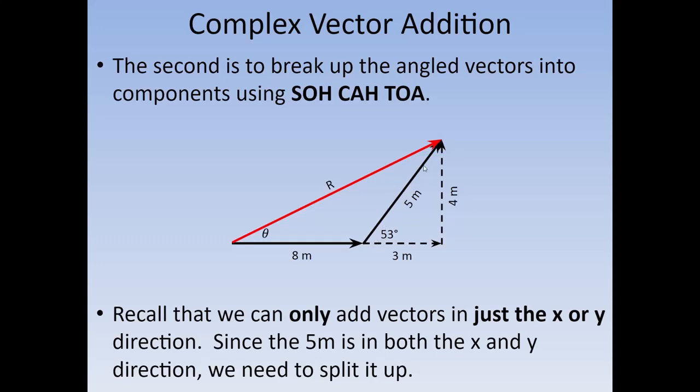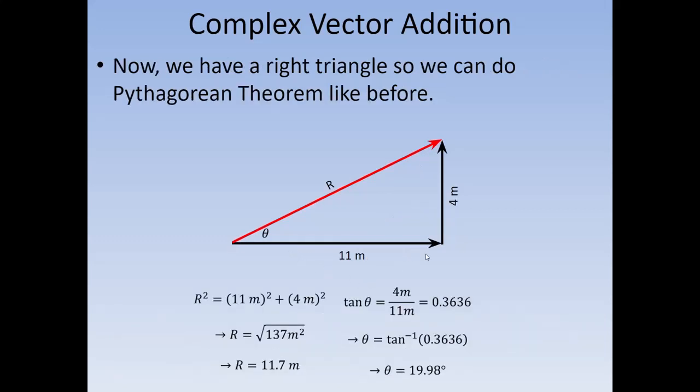What you can do is take this arrow and break it up into what's called its components. So you break it up into this x and y component. So do SOHCAHTOA again with the 53 degrees and the 5 meters to get that this is 3 and 4. And now what we have is one giant right triangle. So we have 11 as our base and 4 as the height. We could do a squared plus b squared pretty easily, get 11.7, and we could do the angle to get 20 degrees. So that's the other way to deal with these complex vectors. Now, for the most part, as I mentioned before,